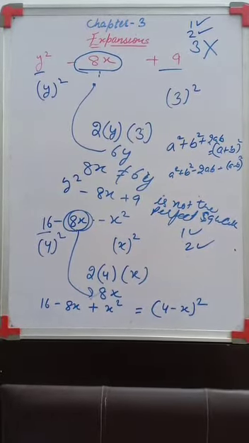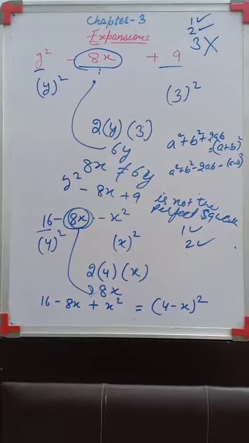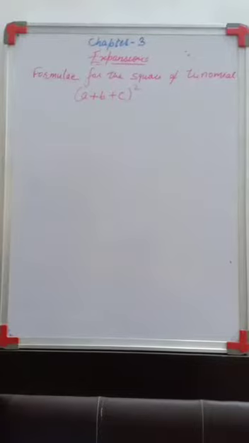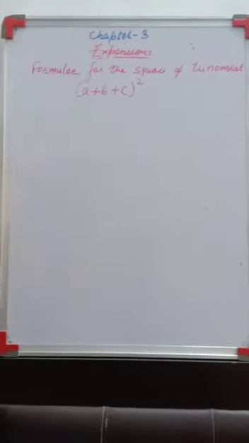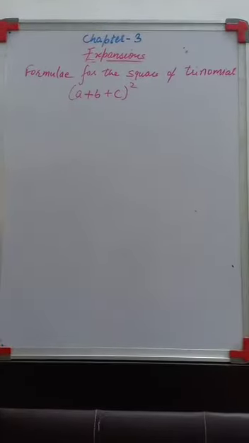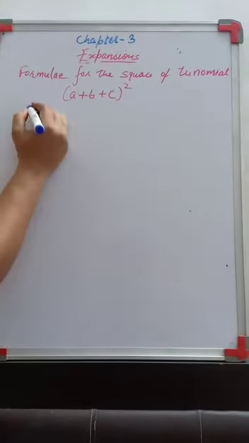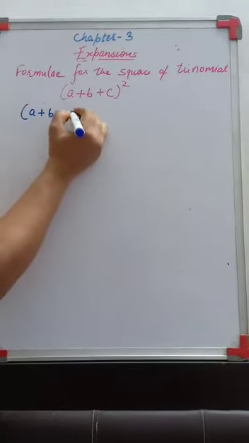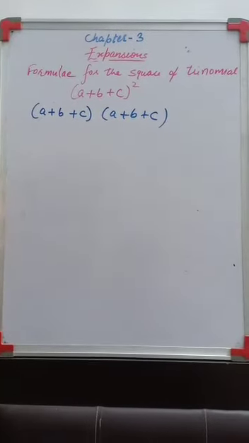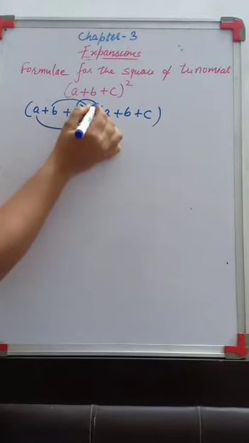So next is the formula for the square of a trinomial. Till now what we have done is the square of binomials, right? So our next topic is the formula for the square of the trinomial. Trinomial means to say instead of two terms we are having three terms over there. Then how to calculate the square? See, we will follow the same method. A plus b plus c whole square can be written as a plus b plus c into a plus b plus c, right? So what I will do, I will multiply a with the whole bracket, then b with the whole bracket, and then c with the whole bracket.